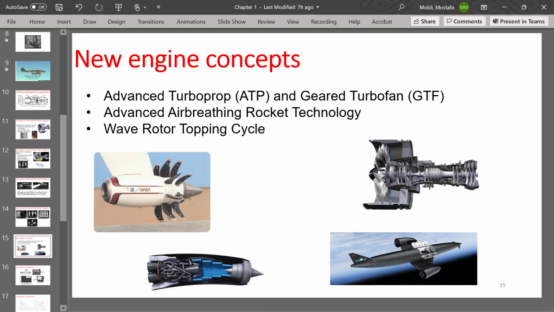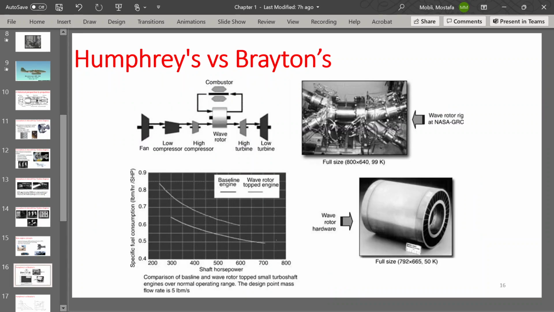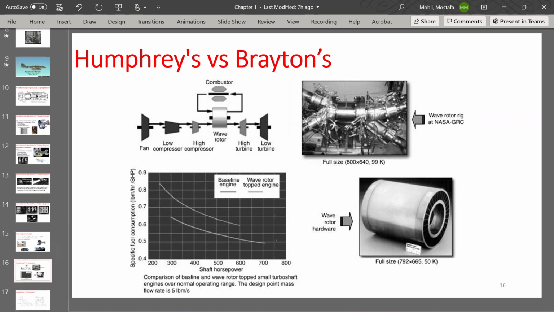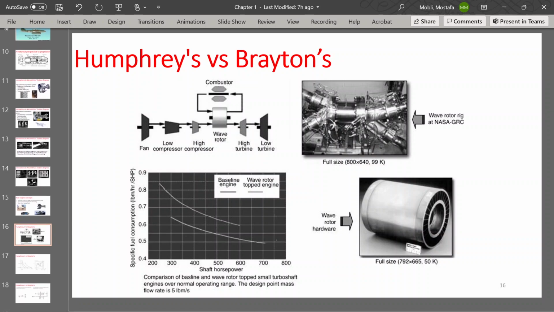There are also different types of new engine concepts altogether, like the advanced turboprops and geared turbofans, advanced air-breathing rocket technology, wave rotor topping cycles, a lot of different advances. But let's get to the mathematics part of today's lecture. As I said, we usually use the Brayton cycle for jet engines. But there's a different cycle analysis called the Humphrey cycle, which is different